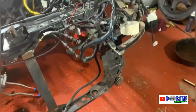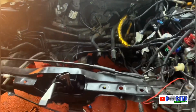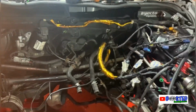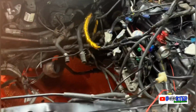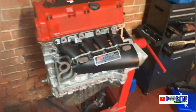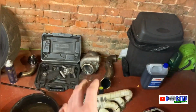So, yeah, that's where I'm leaving it, guys. We've got no engine in it. It does need a hell of a clean. Yeah, I'm going to have a good hour. I might take a couple of pictures, so when I go away, I can have a good look at it and get some plans on what I'm going to do. Yeah, I'm happy about it. So, I'm ready for this bad boy. Out with the old, in with the new. Still the same turbo and all that setup, but